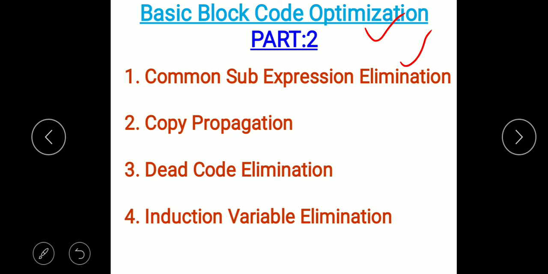If you haven't seen that video, you can watch it so that you can easily understand this part, in which I am going to tell you how to apply common sub expression elimination at inter basic block level. Let's see, taking a suitable example.